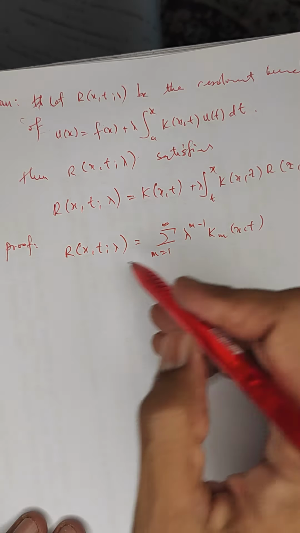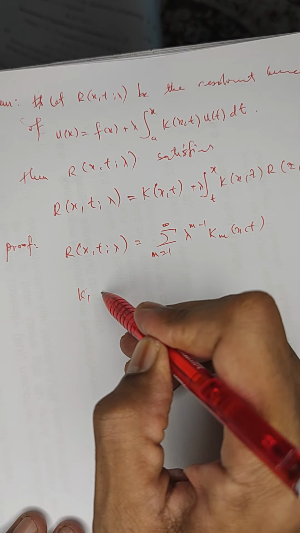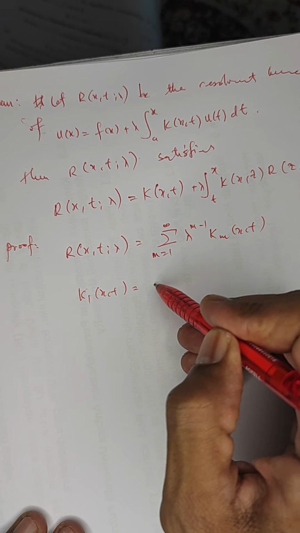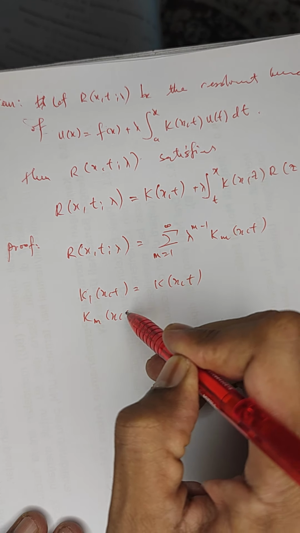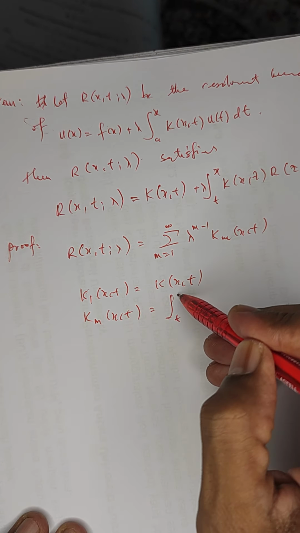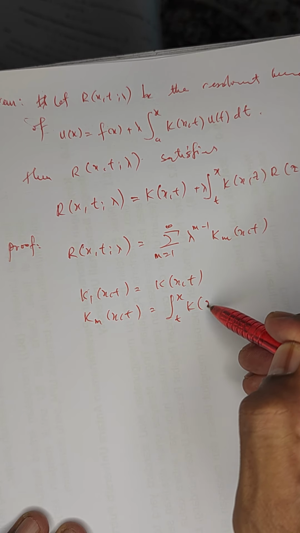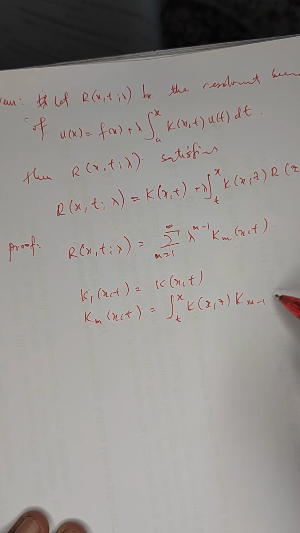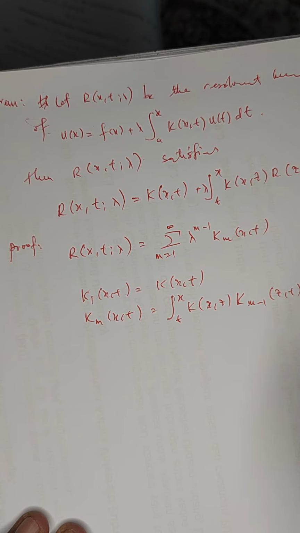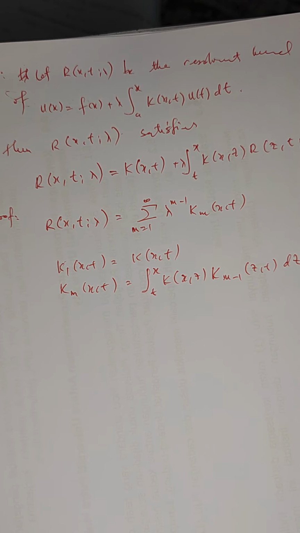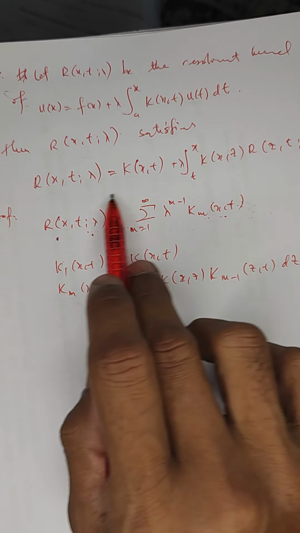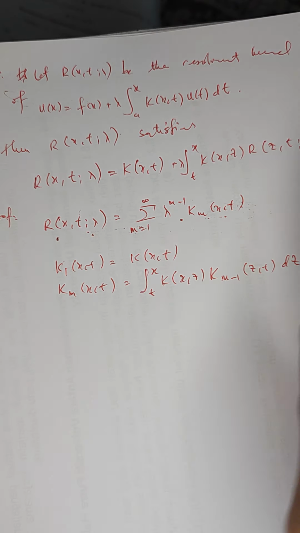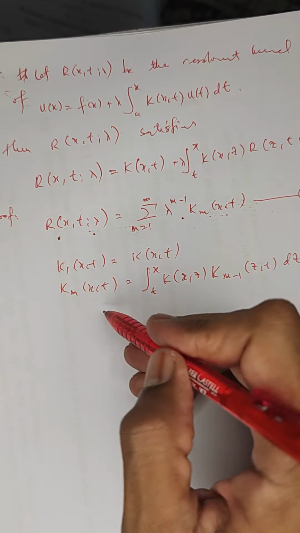And the iterated kernel, as we know, is given by K_1(x,t) = K(x,t), and K_m(x,t) is the integral from t to x of K(x,z) K_(m-1)(z,t) dz. Now, from the given definition of the resolvent kernel, let me write this as equation 1. So from 1,